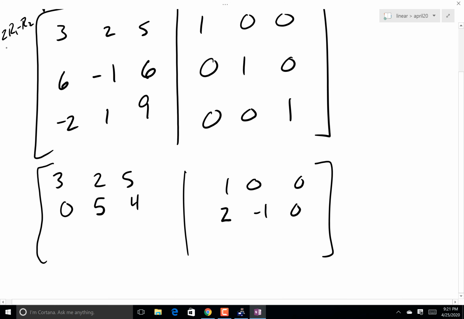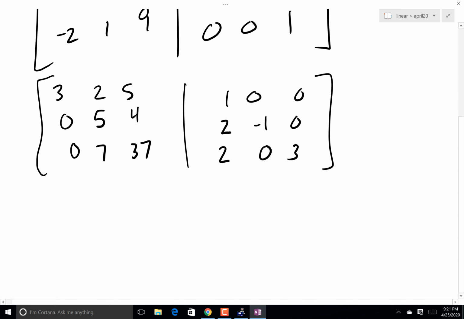Okay? And then, let's do this. Let's take 2r1 plus 3r3. That's going to give me 6 minus 6 is 0, obviously. 4 plus 3 is 7. 10 plus 27 is 37. It's 2. That is 3, and that's 0, of course. Nice. Now, I need zeros here and here, so I'm going to take